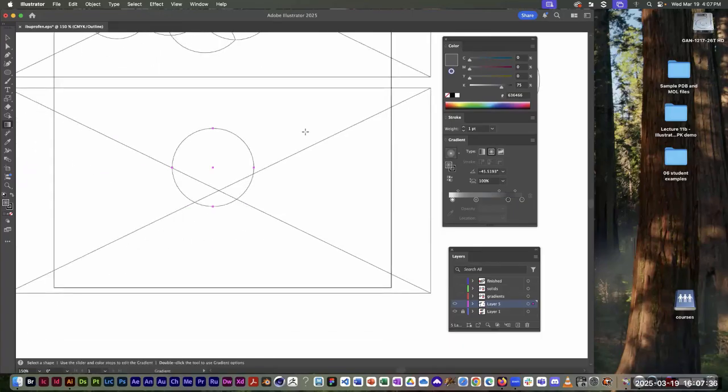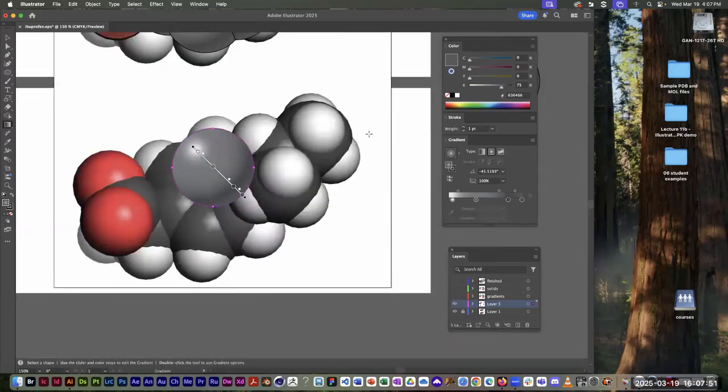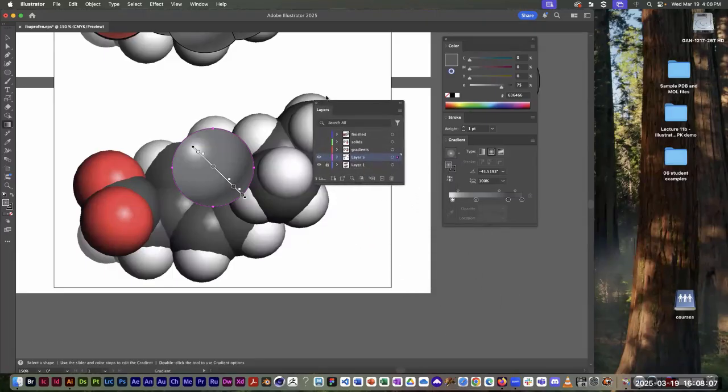The problem with going into outline mode is that my background image disappears. My PNG file is gone. But there's a way to go back to preview mode. There's a way to make one layer go into outline mode while leaving the other layers in the normal visible mode. And the way you do that is in your layers palette,